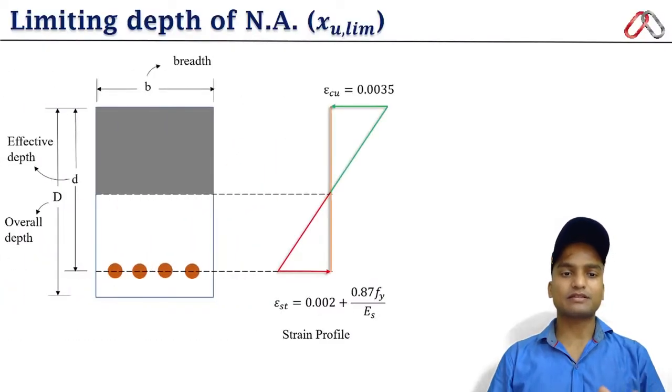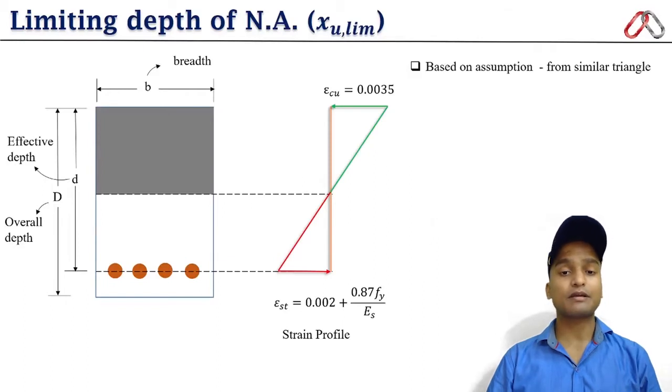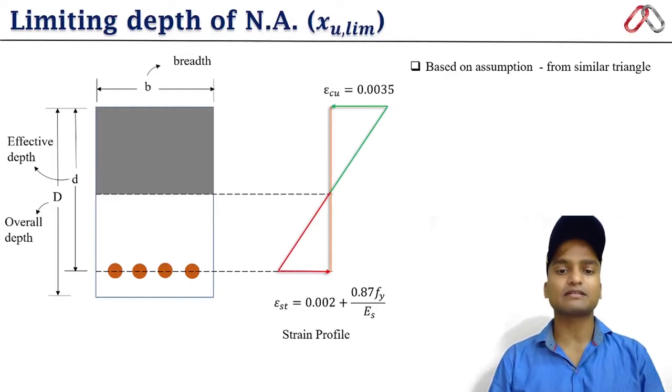If this is our cross section of the beam and all the dimensions are shown here, how do we calculate the limiting depth of neutral axis? XU lim कैसे calculate करते हैं? Based on the assumption that both the concrete and steel reach their maximum strain value simultaneously, from the similar triangles we can equate